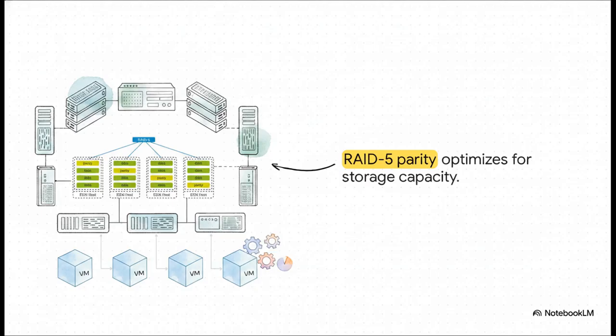But hey, what if we need to flip the script and focus on capacity? If you want to save some precious space, you just set that failure tolerance method to RAID 5. This parity setup still lets your VM survive a single failure, but instead of doubling your storage footprint, it only takes up about 133% of the VMDK size across a minimum of 4 hosts. You're literally dialing in the exact balance of performance and capacity on a per VM basis.